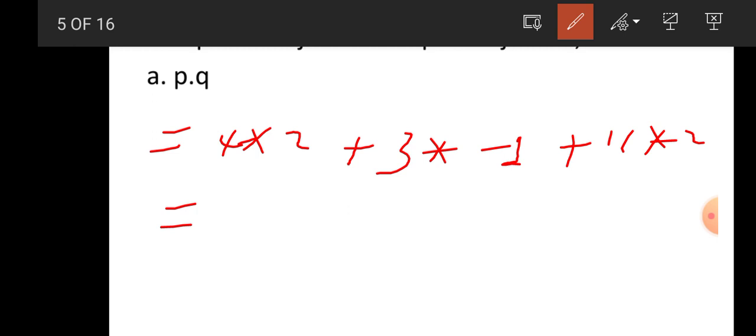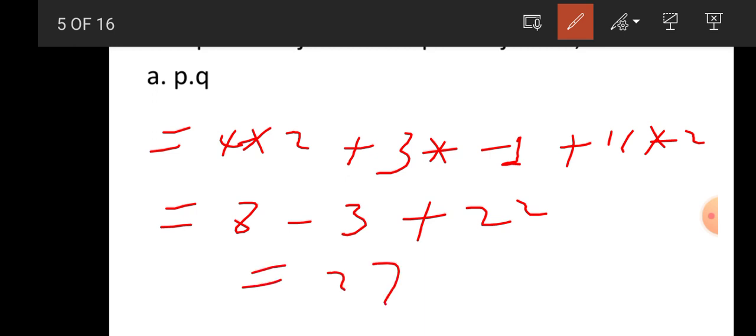So this is equal to 8 minus 3 plus 22, which is equal to 27. Scalar ነው የሚሆነው።